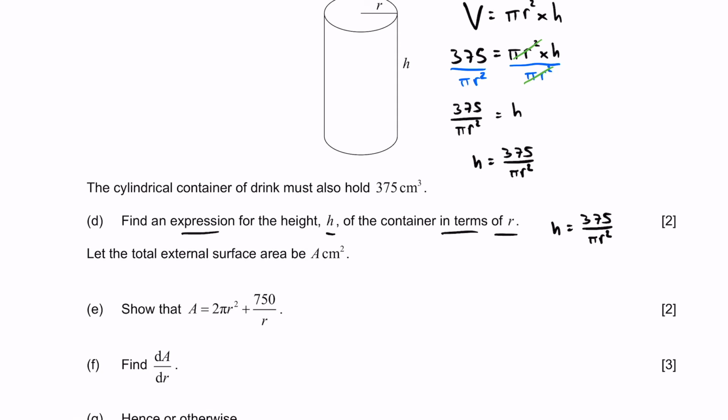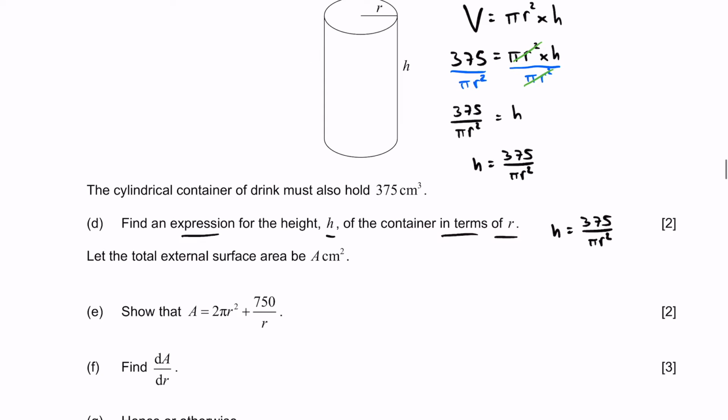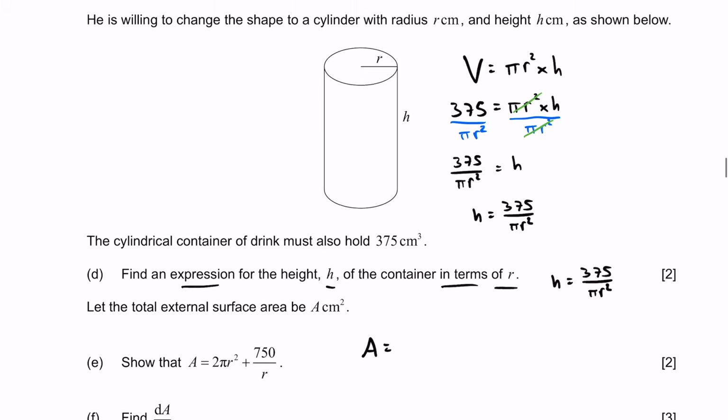So let's go back and write an equation for total surface area. So area is equal to, well, the two faces at the top. So here's the area of the top, and we have the area of the bottom. Both of these are equal to pi r squared. So we have pi r squared plus pi r squared, or we have 2 pi r squared